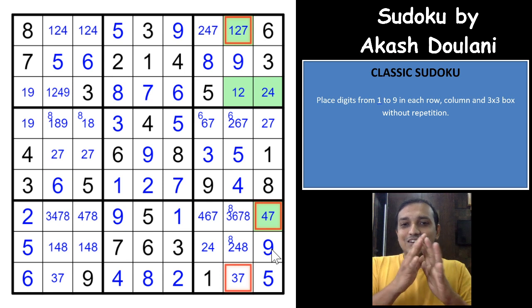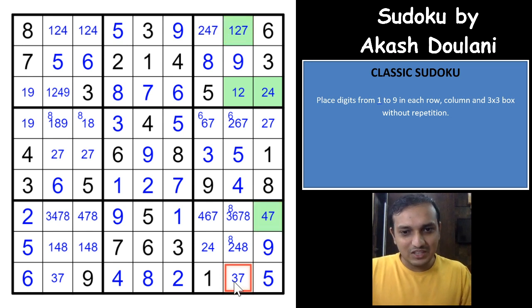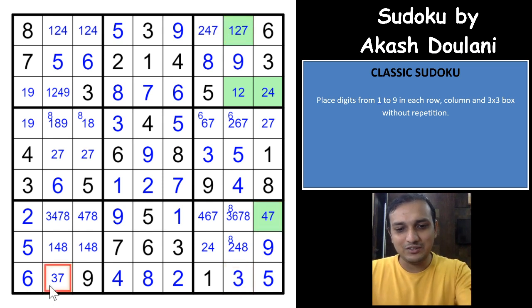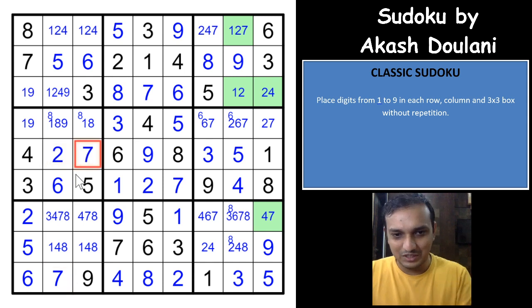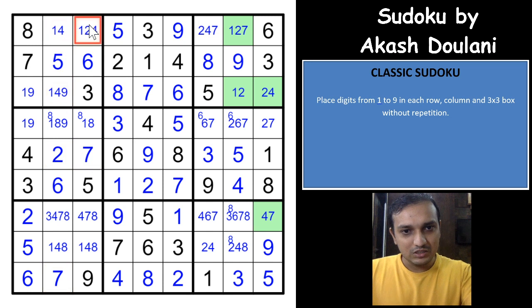Wow. Two ways to see this logic. WXYZ wing or an extension of Y wing, which I usually see that logic. And that eliminates 7 from this cell, and that gives you a 3. Wow. That gives you a 7 here, a 2 here, and a 7 here. Wow. And that eliminates 2 from these 2 cells. That gives you a 2 here.